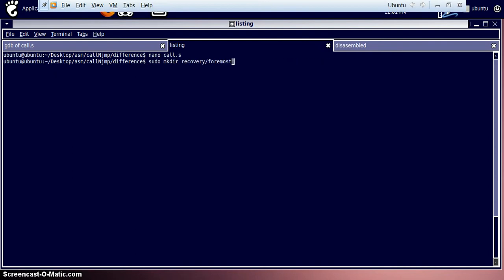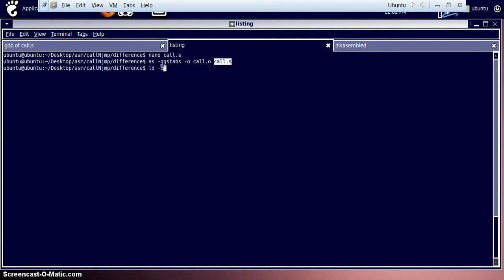Sorry. So let's first use GW also. So assembling the program and listing in GW, creating an object file called call.o from the source file call.s.